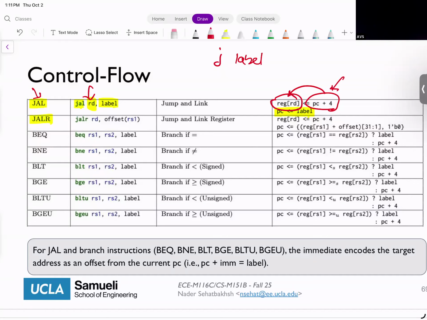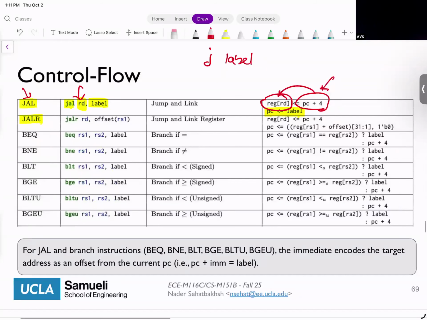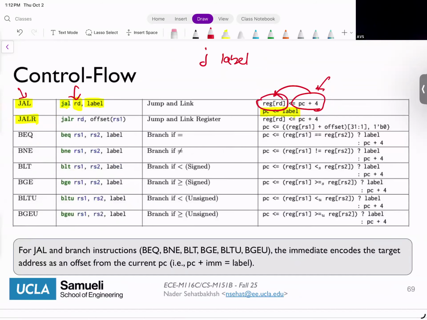I go to the next instruction, right? So I remember what the next instruction is and store that into the destination register, which is RD. So that would be basically the instruction that we create. And another important thing I'm showing you here is that there are two ways that you can generate